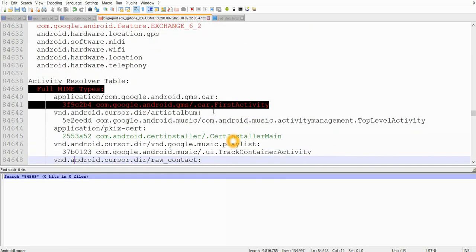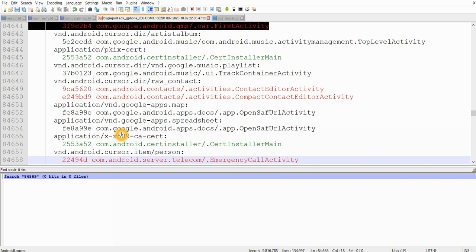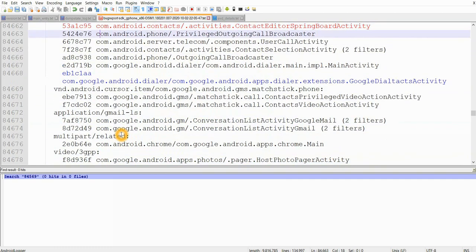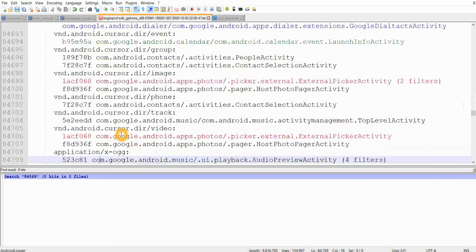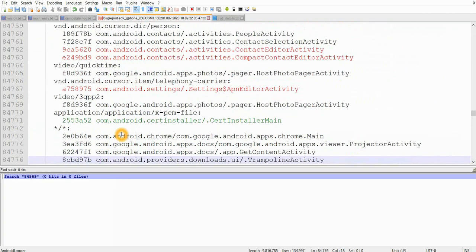So here we can see activity resolver table. We know, right, when we jump from one activity to another activity, there is a stack which holds which activity is on the top. It will refer to the top activity, and it will also hold details about the below activities in the stack, right? It should have a pointer from which activity I launched which activity. If I press back button, where I should go, all that is maintained in a table, and we will come to know all the activities of your emulator in this particular table, emulator or device. Here in the case I have taken emulator as an example.